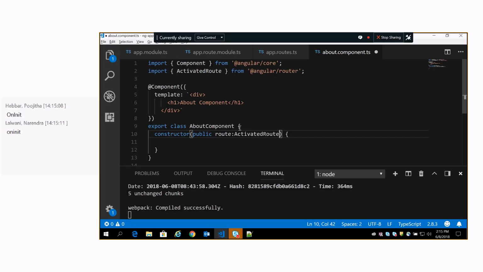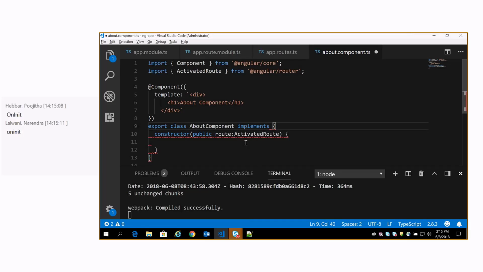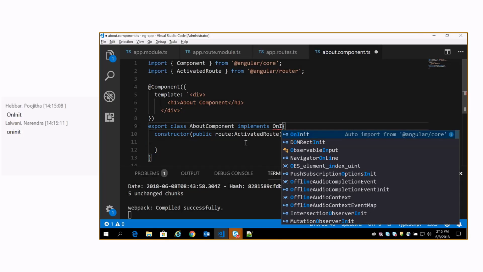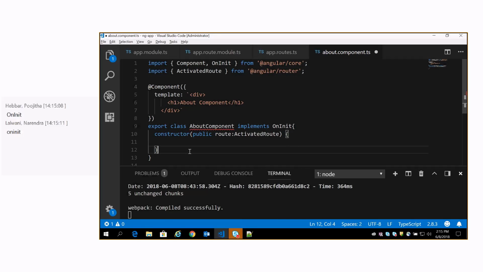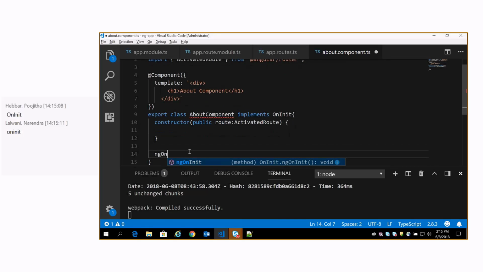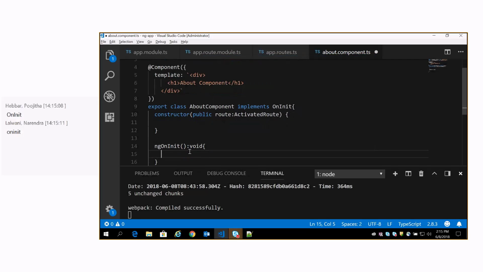Okay, so let me implement OnInit, which is there in Angular slash core. Obviously we need to include the method ngOnInit, which is not going to return anything, so void. This is the best place to initialize such things.